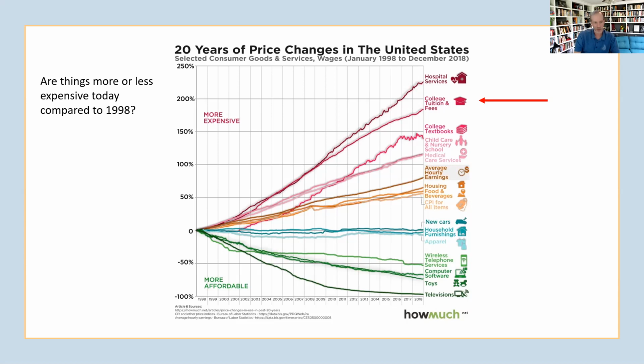I think I have another lecture where we look at this, but it was a much higher number that was coming from the state. So the reason we've seen a huge increase in college tuition and fees is because states have lowered and lowered the subsidy to it. So college tuition and fees is not the same as how much it costs to educate a person.